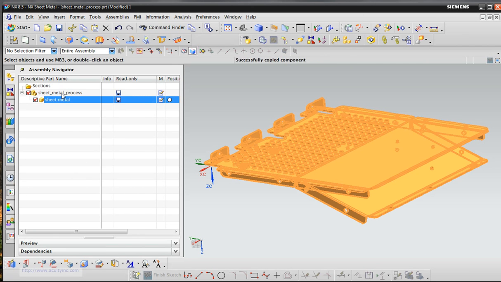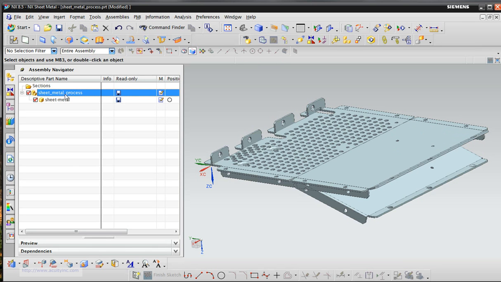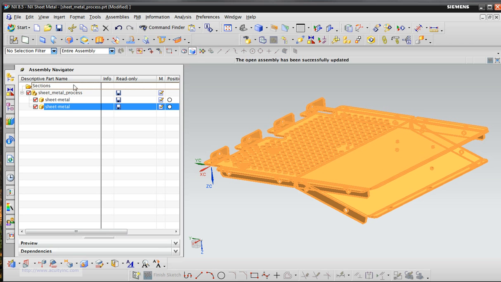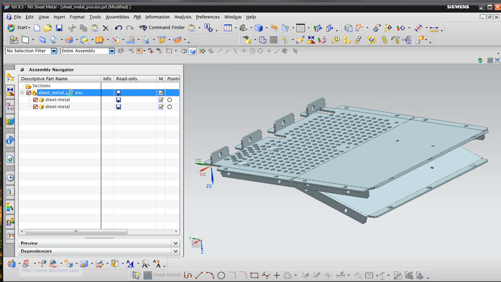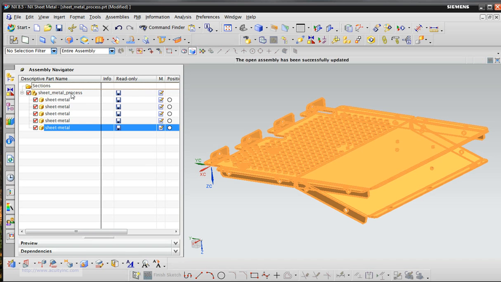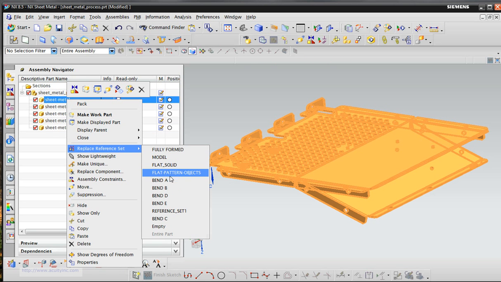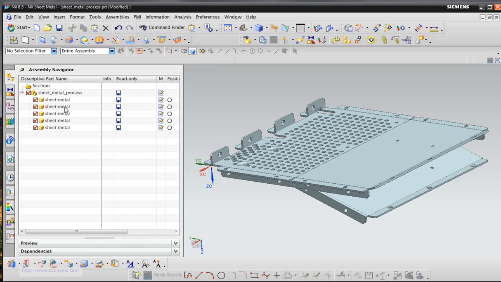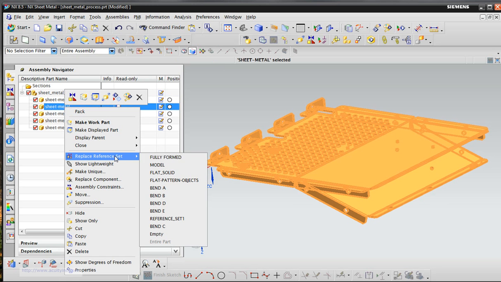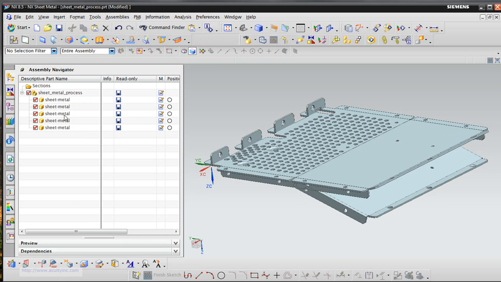So we're going to go ahead and make a copy of the sheet metal instance, and we're just going to paste these into the process assembly. And we'll do a few of them here, 4 or 5, just to show the steps. So right now that's just paste, paste, paste. And then for each one, make the reference set active. So we'll do one for bend A, do the next one bend B,